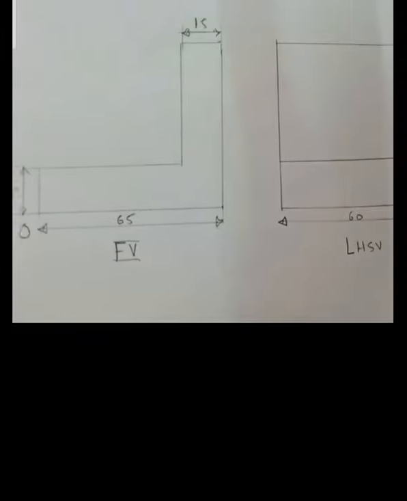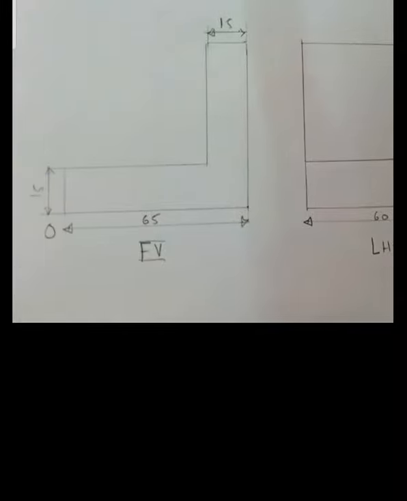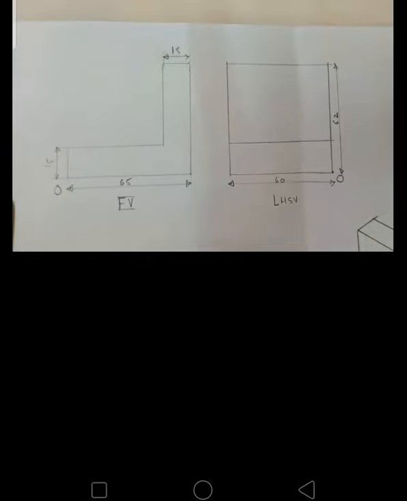Fine. Now see the side view. See the origin point. Tell me on which side of the origin point there is the width of the object. I repeat my question. On which side of the origin point is the width of the object? On the left hand side of the origin point there is the width of the object. So length is on the right side of the origin point and width is on the left side of the origin point. This is a very important step here. Just understand this.